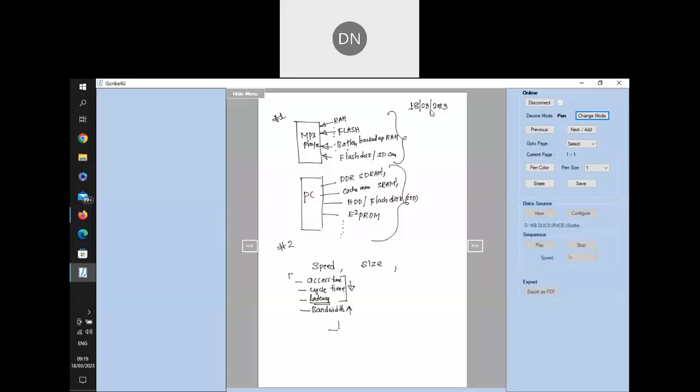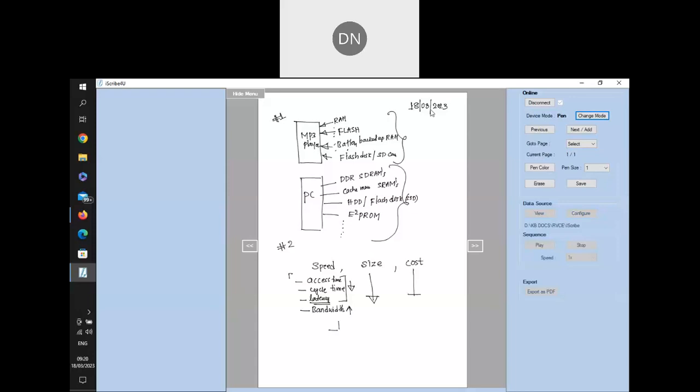So the challenge is to reduce the size and increase the capacity. So size, and also the total cost. Cost is also an important factor. The speed should be higher; a higher speed memory is required, that is, access time should be less. The size for a large quantity of memory should always be less, and the